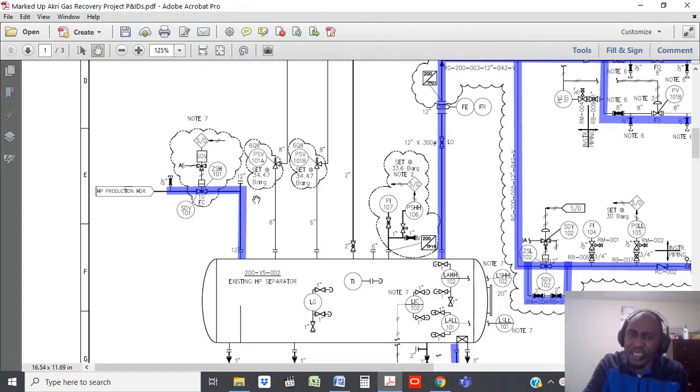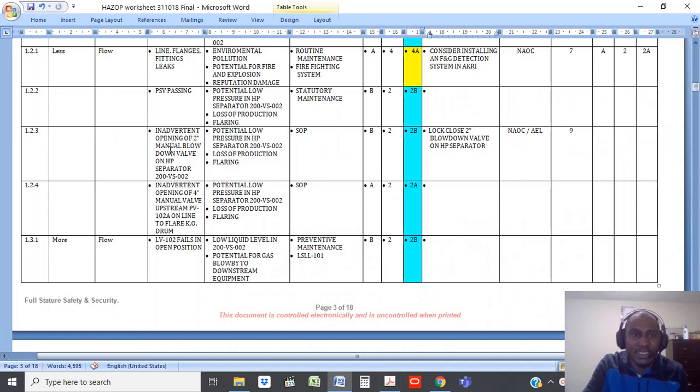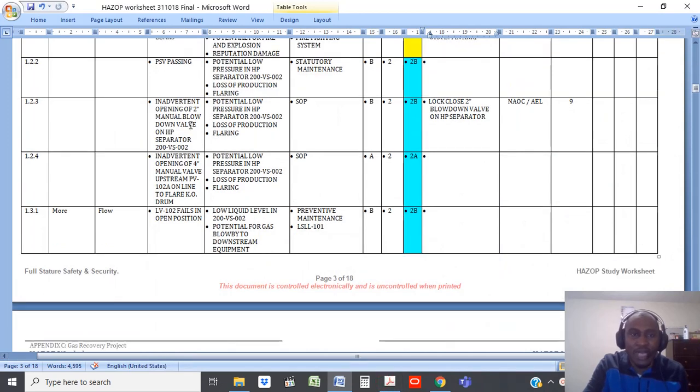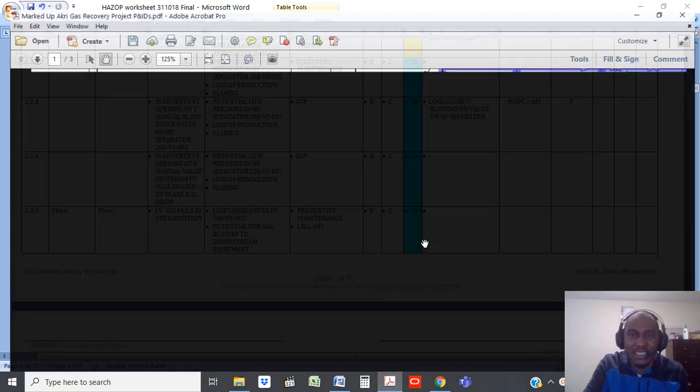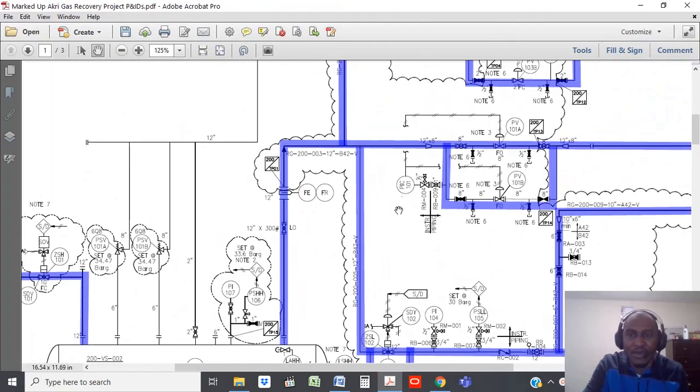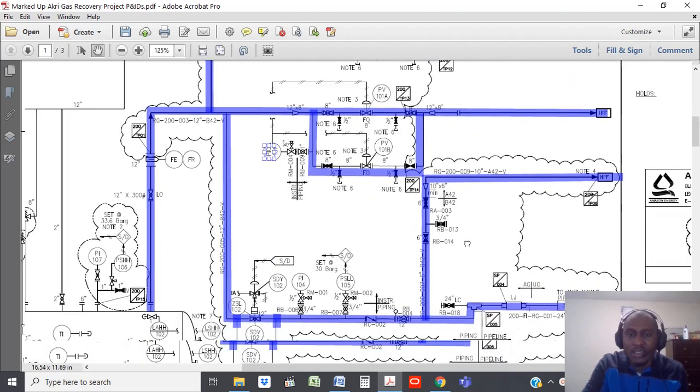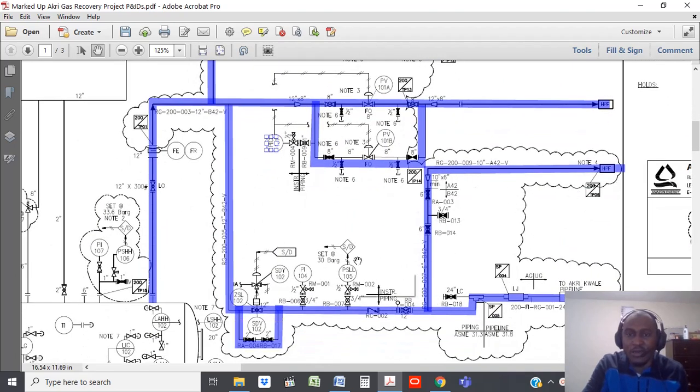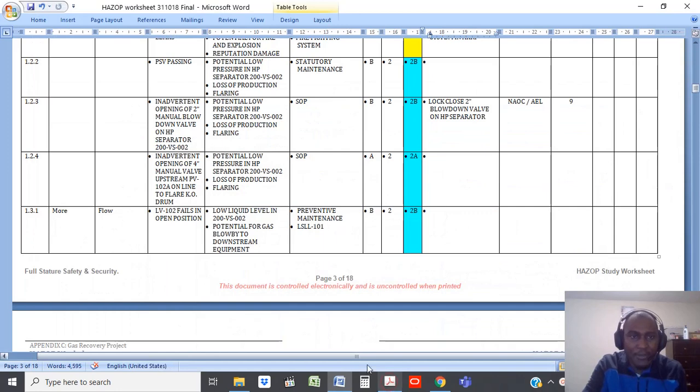So you definitely want to avoid that. You have to make sure everything is properly maintained. You could have your manual blowdown valve inadvertently opened on that line. That's this, and that could lead to